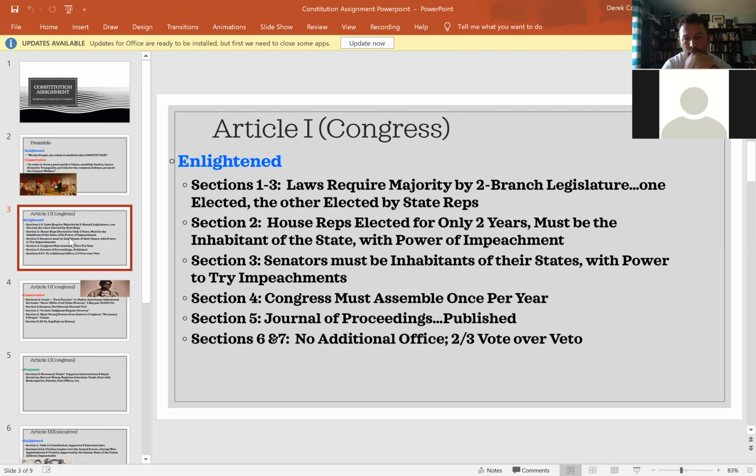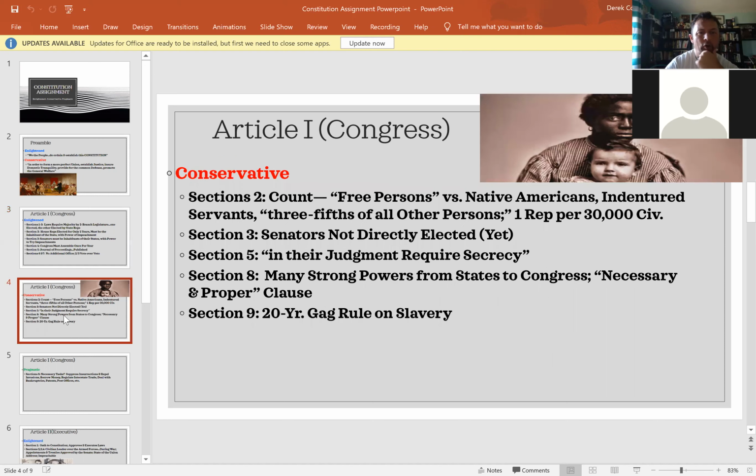And then also with a 2/3 supermajority, they could override the presidential veto to any laws that they pass. So technically, they could democratically pass legislation with a 2/3 majority, regardless of what the president does or doesn't want. All right. But then under Article 1, what I find to be conservative is it says, okay, when